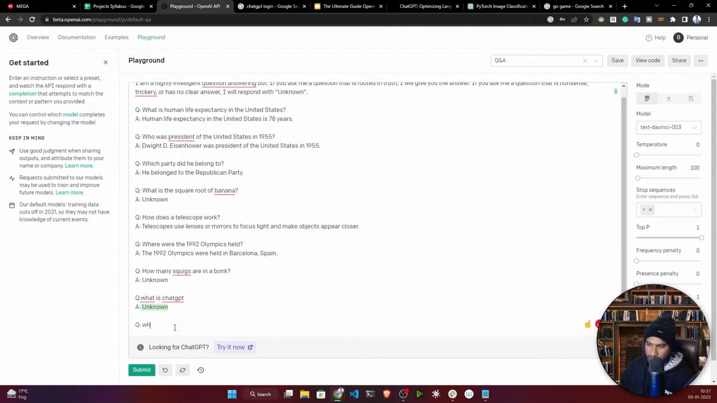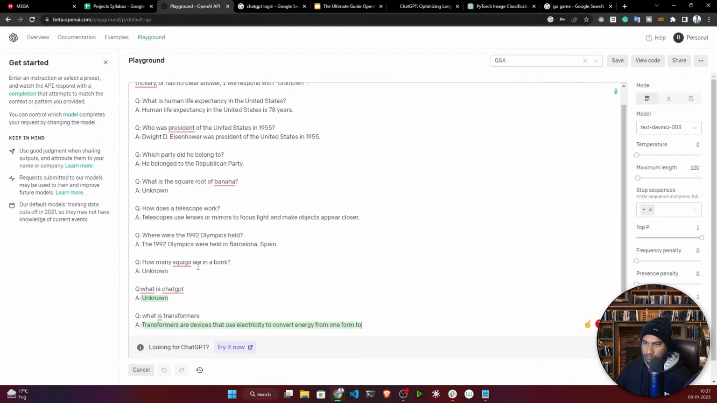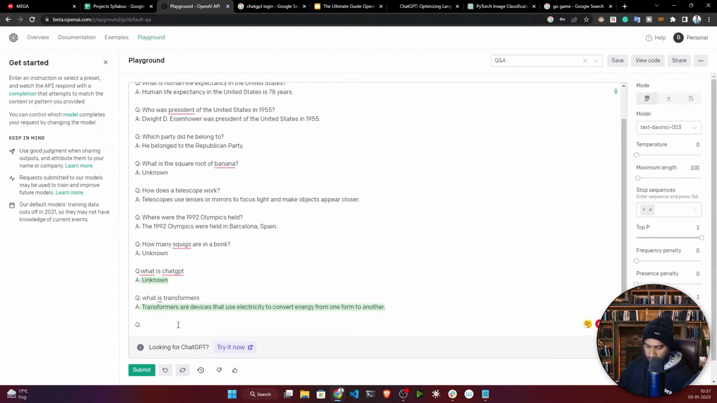What is transformers? See, transformers are devices that use electricity to convert energy from one form to another. So it's considering the electrical transformer. Now if you want to specifically ask about the natural language processing transformer, so again you can write